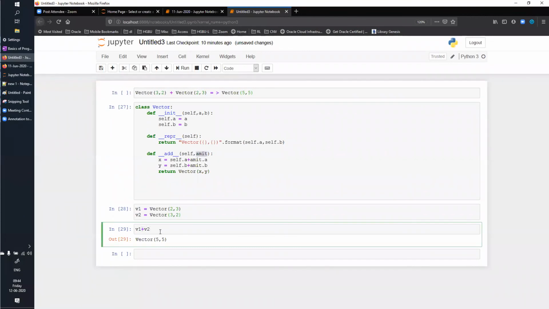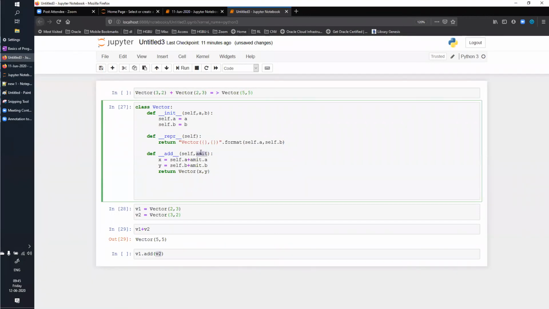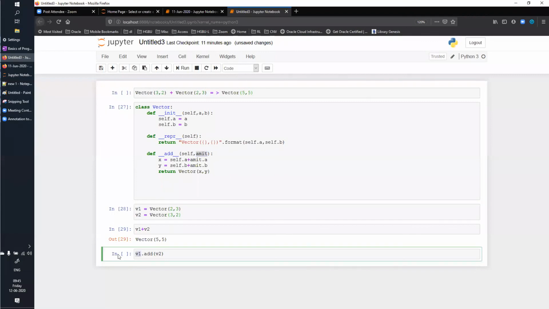Like if you remember the original way of calling v1 dot add v2, v2 is representing here Amit or other, whatever you are writing. v1 is self, because I'm calling the function on that object. Whatever else you are passing here is the other object on which you are doing the operation.